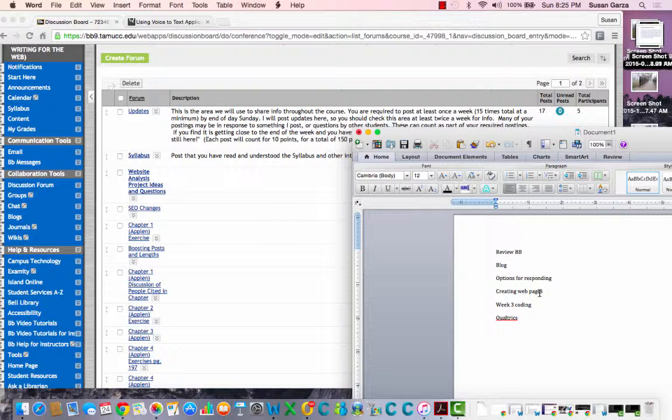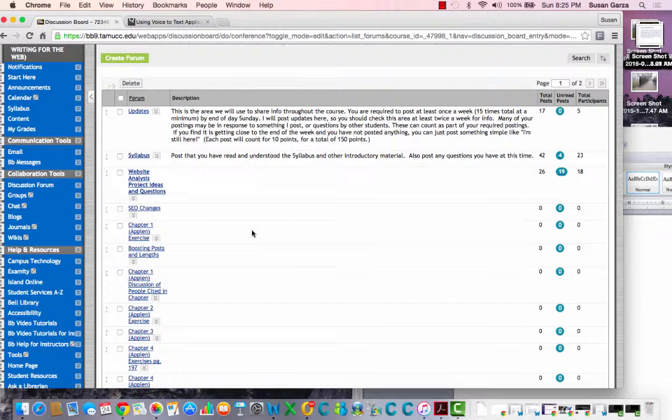Creating web pages. Like I said, we're going to be creating a lot of web pages. I want to talk, and I'll post some things too, about how to be safe and what to think about when you're working with things on the web, and we'll talk a lot about that kind of stuff. Now, I did want to reinforce, and I wrote this in the instructions, but I wanted to tell you here as well.